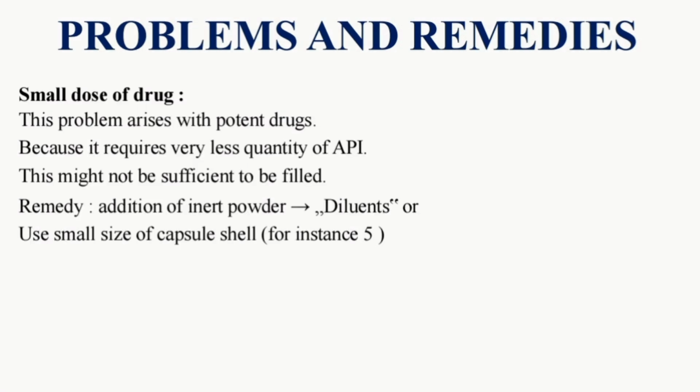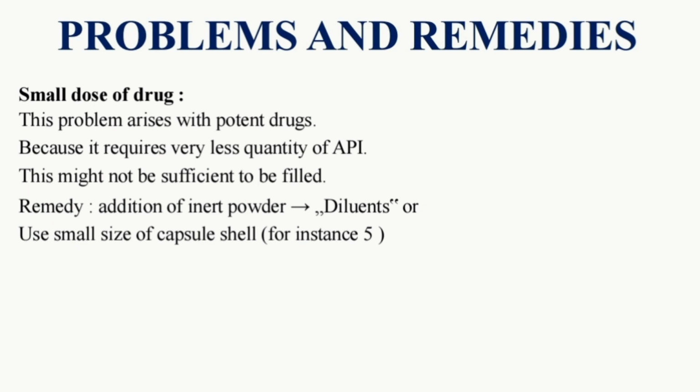Next one is the small dose of the drug. This problem may arise with potent drugs because they require a very small quantity of API, which might not be sufficient to be filled. If a drug has a low dose, then it is known as a potent drug. So in this kind of situation, the small dose problem can occur. The remedy for this is the addition of inert powder or diluents, or use of a small size of capsule shell,